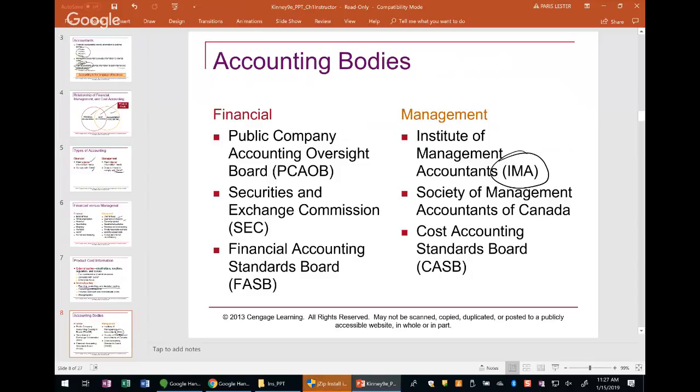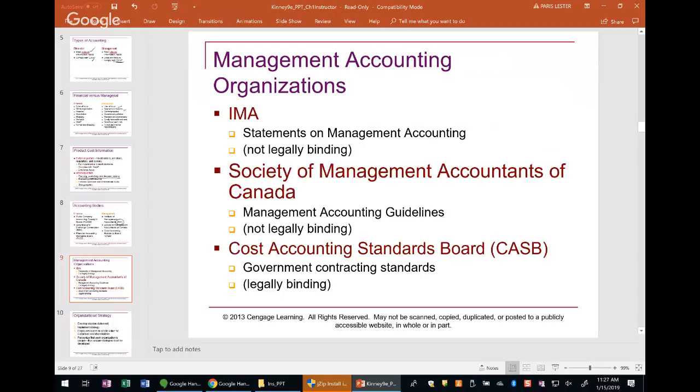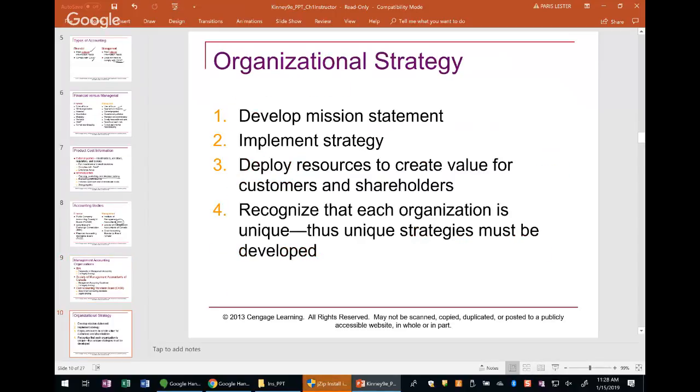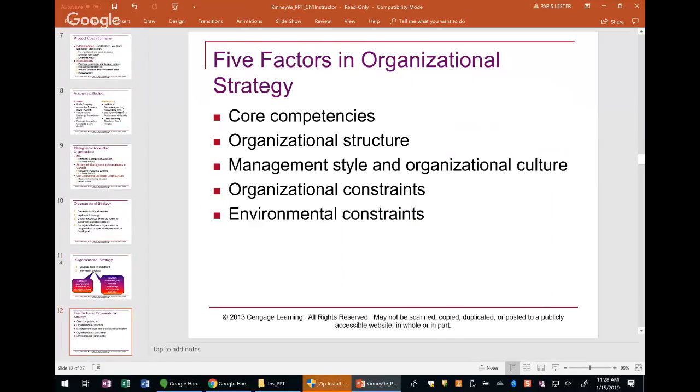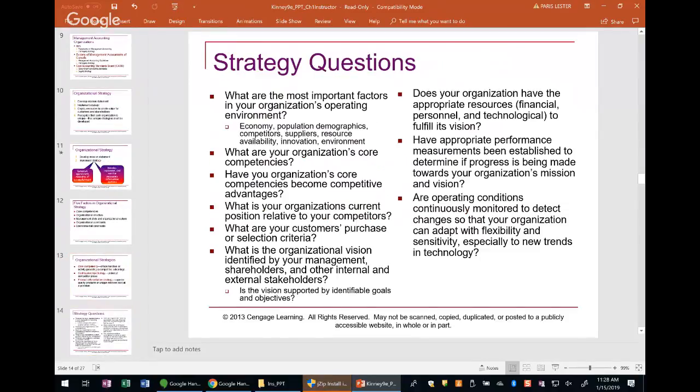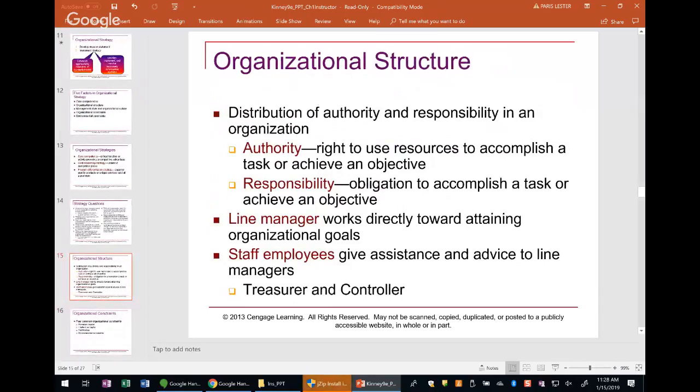IMA has actually a test. Some of these things we don't have to worry about. I'm not concerned about a whole lot of the management terms,